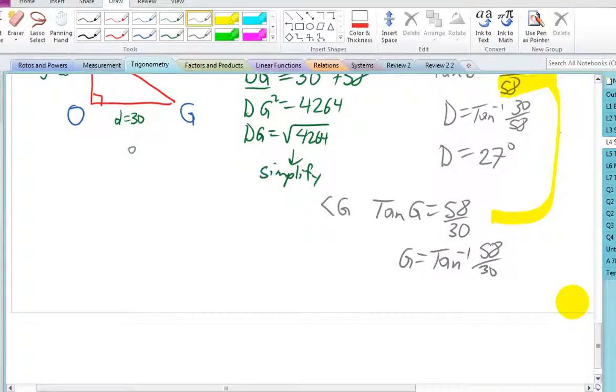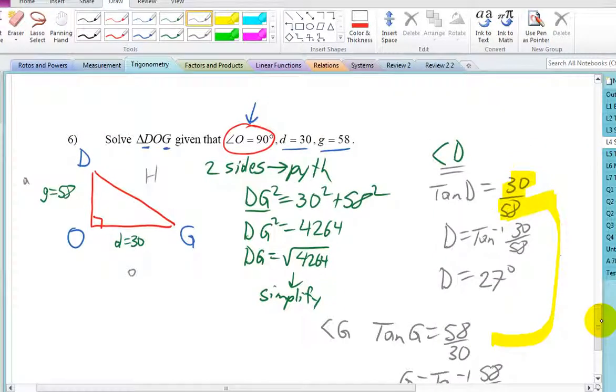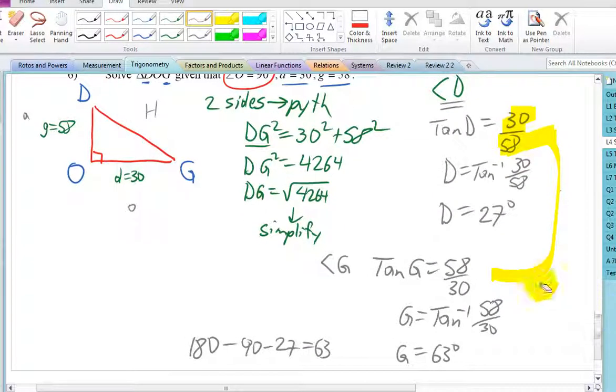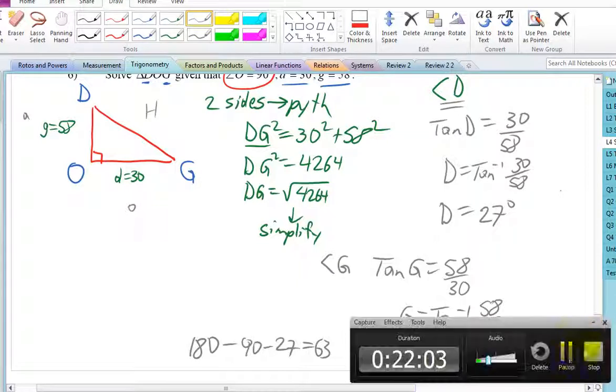I'm not even going to go to my calculator. You know why? Because I know it's got to be 63 degrees. That's because you can also do the 180 minus rule. So you do have some choices for that. Any questions? All right, so we